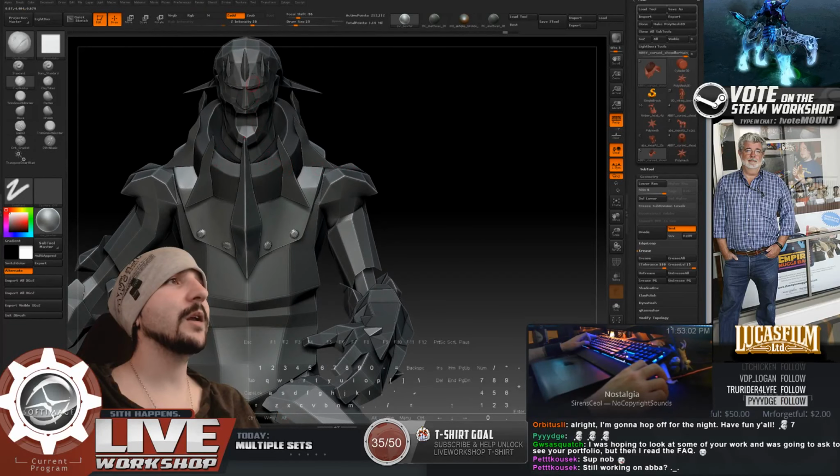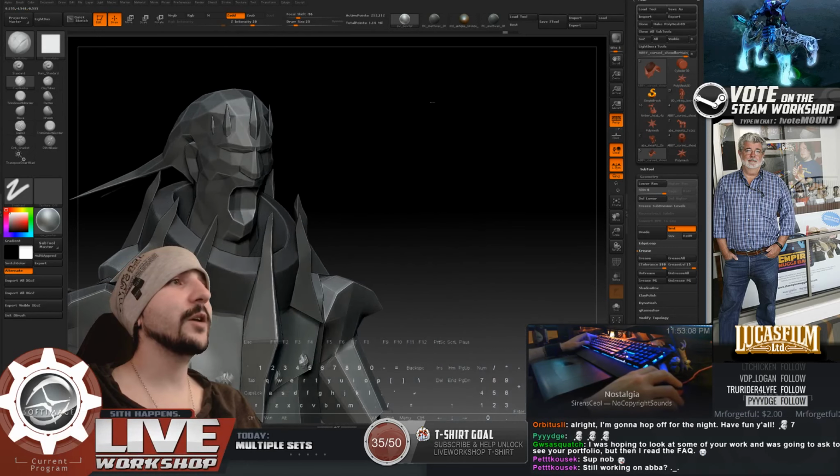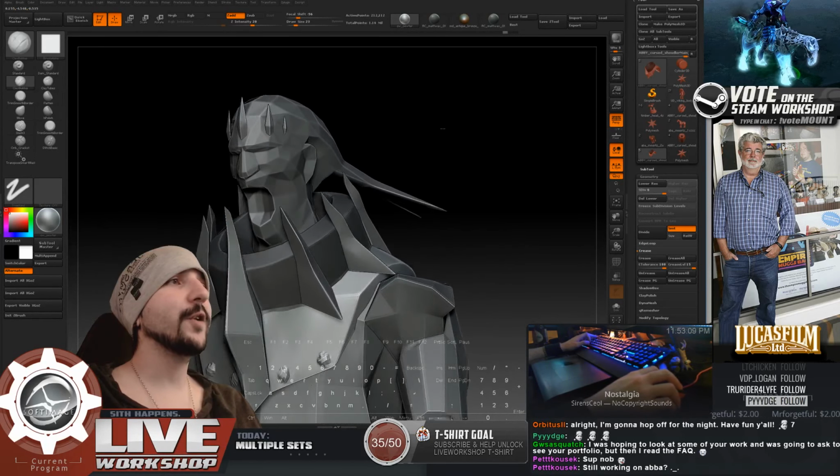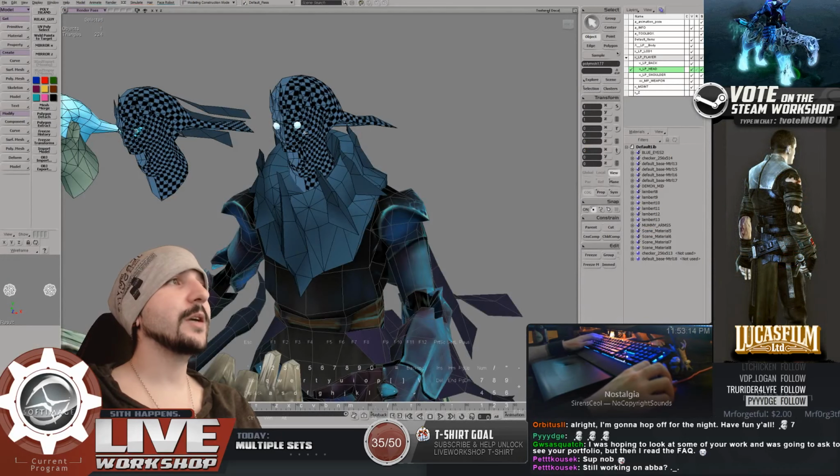Adding the volumes back in and getting rid of those triangles. So we're going to get this pretty smooth and then start doing the actual facial structure for him and ripping up his eye sockets and everything. But let's fix up those eyes because they were a little too...